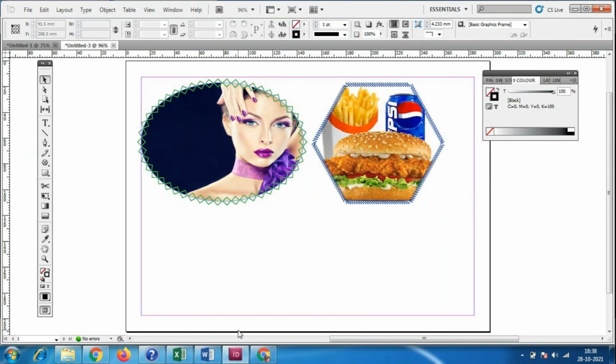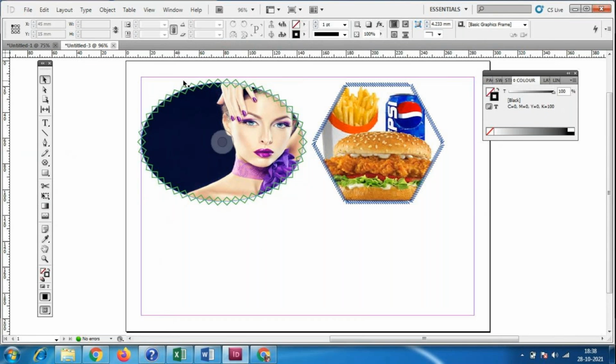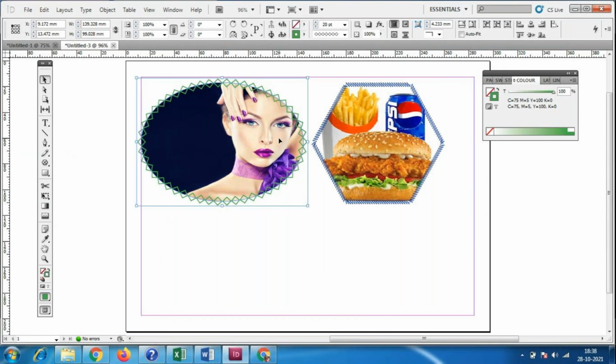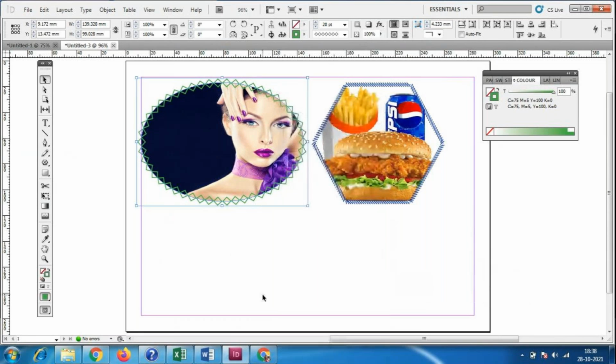While you are doing the design, when you take the mouse here, you can see a small circle over here. What is that? Can anybody tell me? There are two different things over here. One is, if you select like this, right click, Fitting, Fit Content to Frame, you people already know, correct?